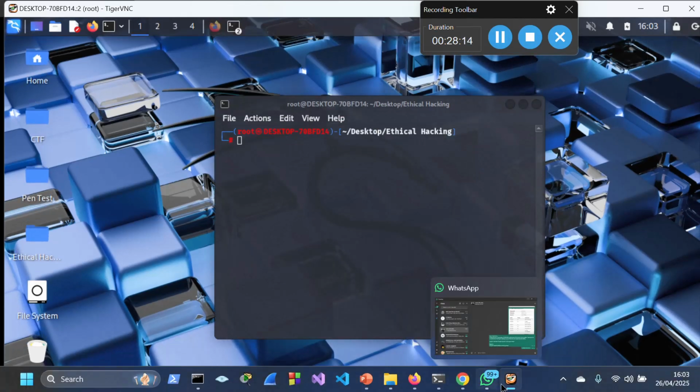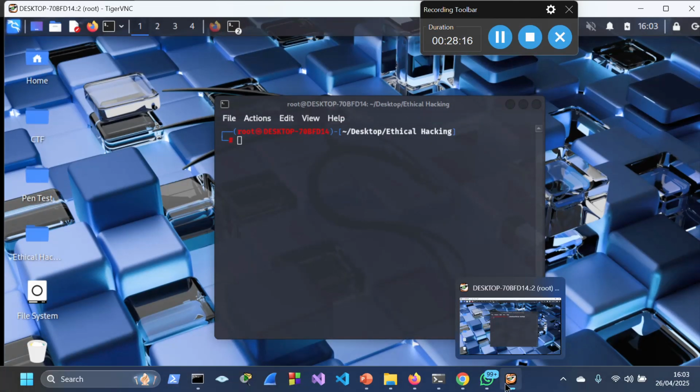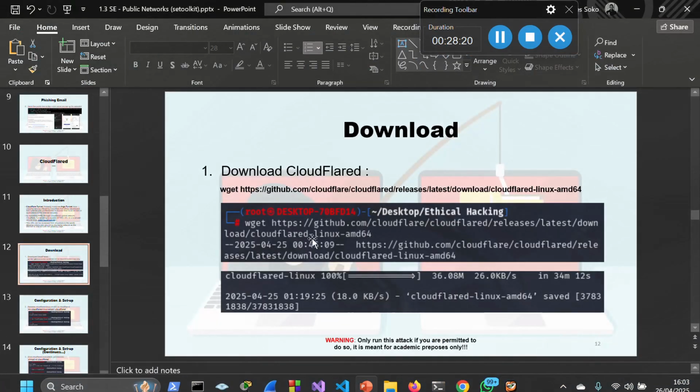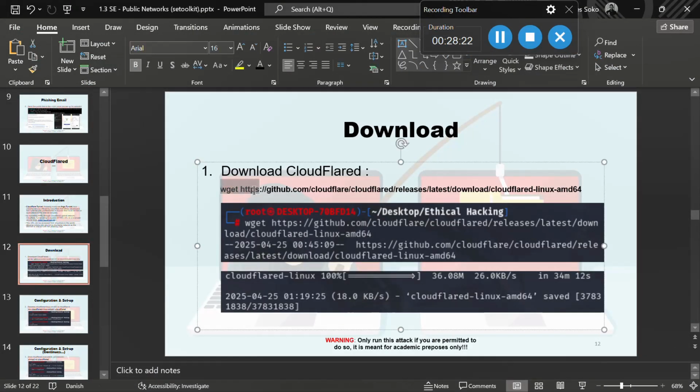We would like to download the Cloudflared service. So here I've inserted the command using wget, and this is the link to download. So we are going to copy this link and paste it on our terminal. Because I've downloaded it, there's no need to do that. So once you say wget and the link for Cloudflared, it starts downloading, and once it's downloaded 100%,